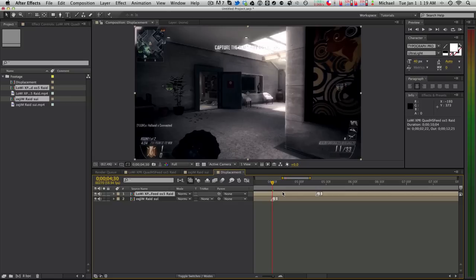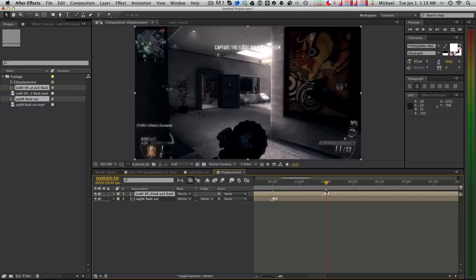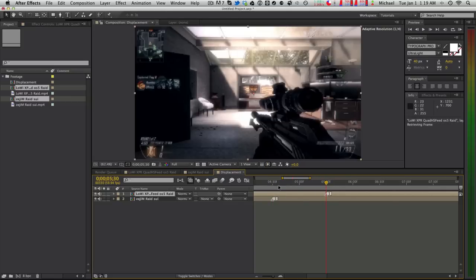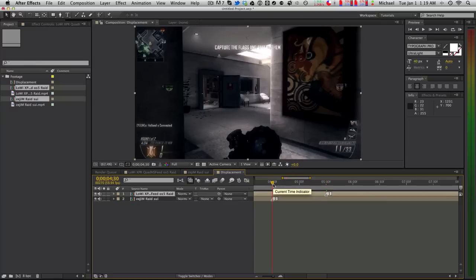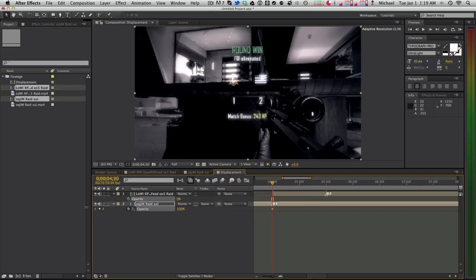Alright, now I'm gonna drag this one over 1 second later and trim it right here using Alt begin bracket. Alright, now select both of them, hit T, keyframe opacity on this one, and bring down the opacity on here,